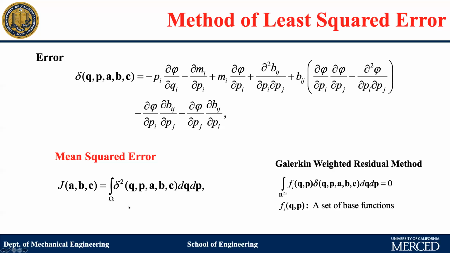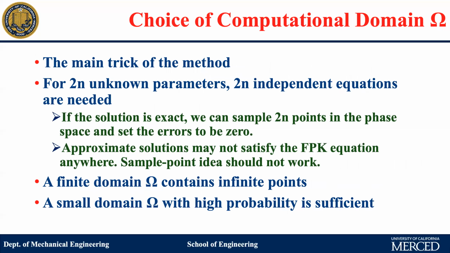In the proposed method, we have to answer the question of what sigma we are going to use. Are we going to integrate over the whole 2n space domain or not? It turns out that from the data science point of view, you don't really need that much. These are some discussions about the implications of the choice of the computational domain sigma. This turns out to be the main trick and also the advantage of the proposed method.